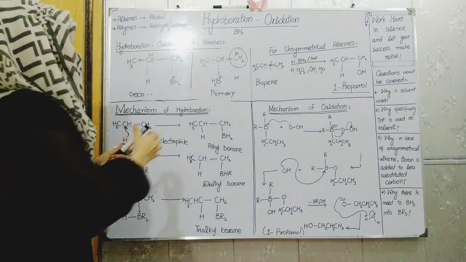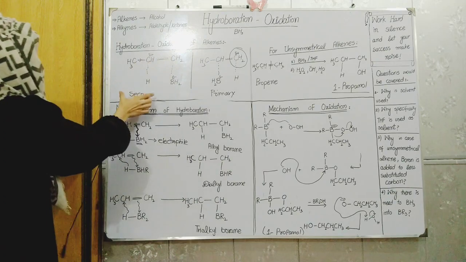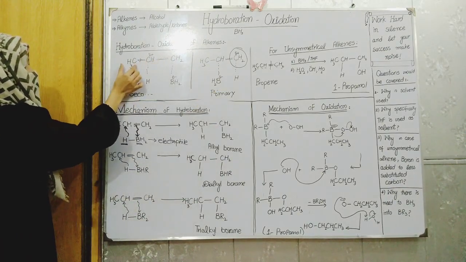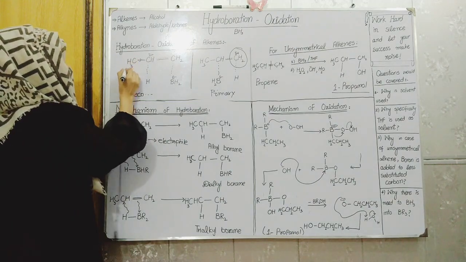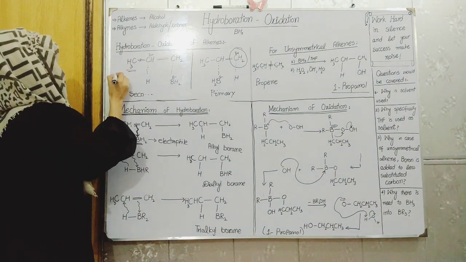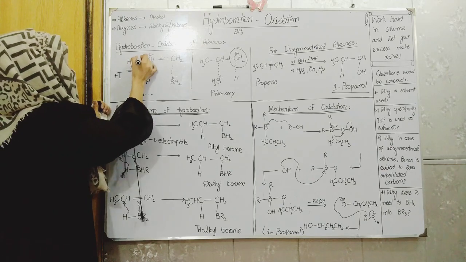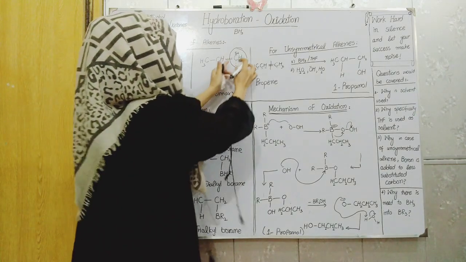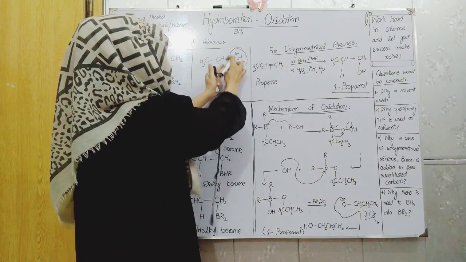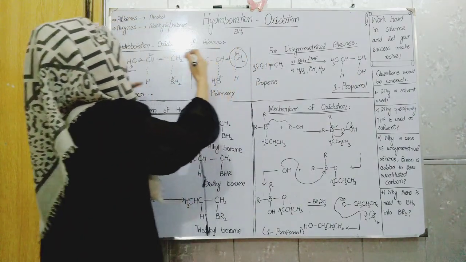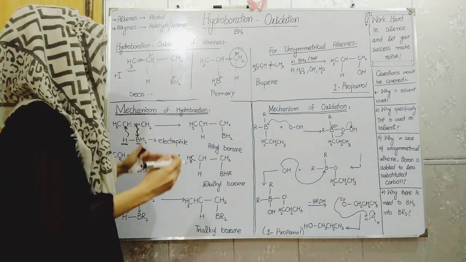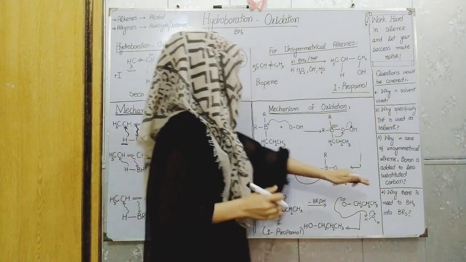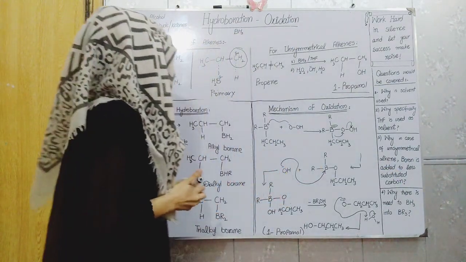And you know better that a partial positive charge on the secondary carbon is more stable as compared to the primary, because in the secondary carbon this methyl group is present which is electron donating by nature, having a positive I effect, meaning it donates electron density to that carbon which makes it stable. But here no group is present to donate electron density to that carbon, which makes it less stable. That's why these two reasons make the boron group attach to the less substituted carbon.